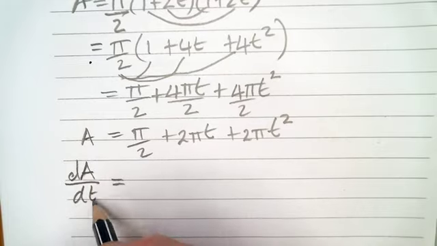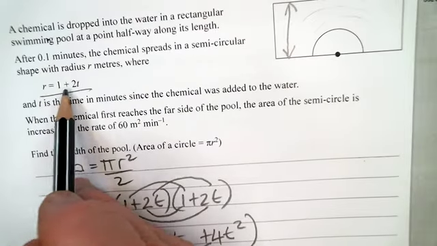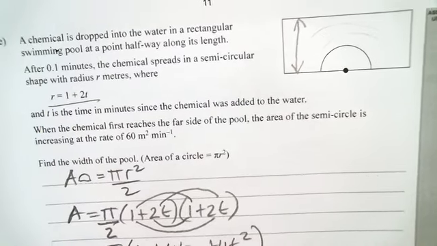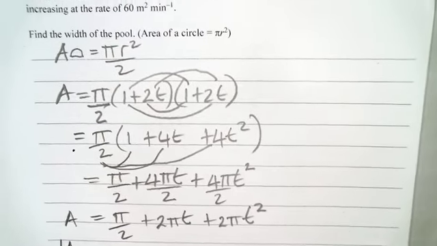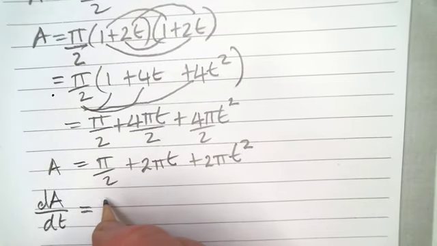And if we find that, we can take that time and plonk that straight back into the equation here to find r, which is going to give us the width of the pool. All right, let's have a look at that now. So we've got pi on 2, but